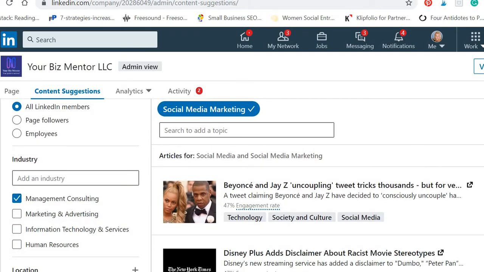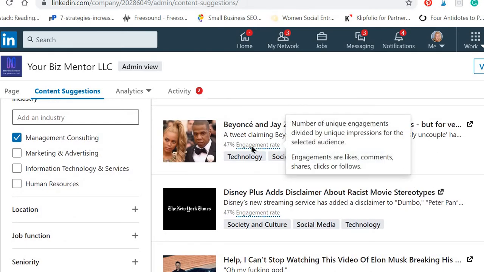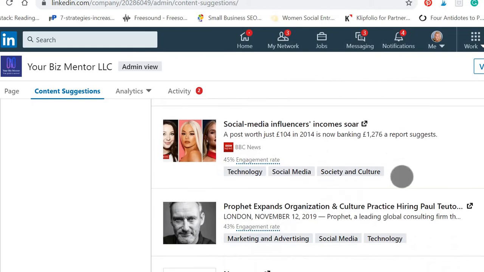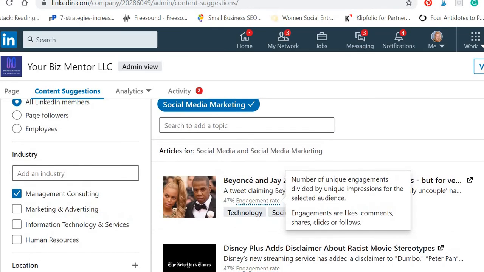Beyonce and Jay-Z coupling tweet tricks thousands. So you can see the engagement rate, number of unique engagements divided by unique impressions for selected audience. Engagements are likes, comments, shares, clicks, or follows. Some other popular content here as well. And then you can actually